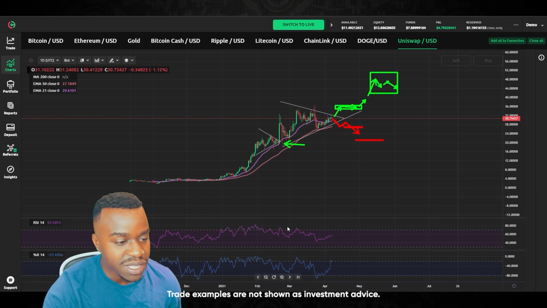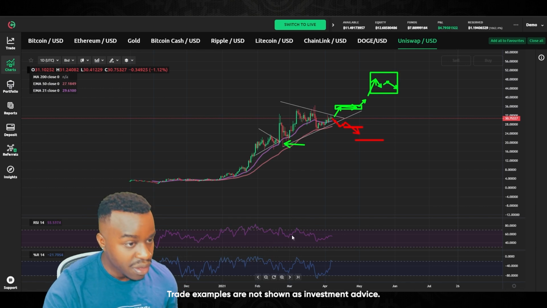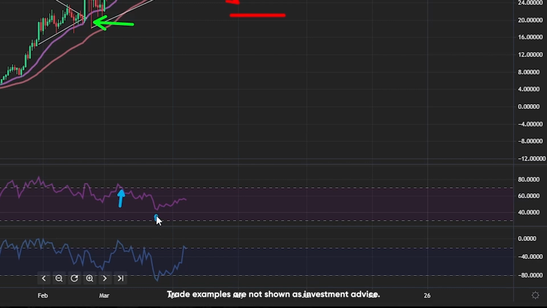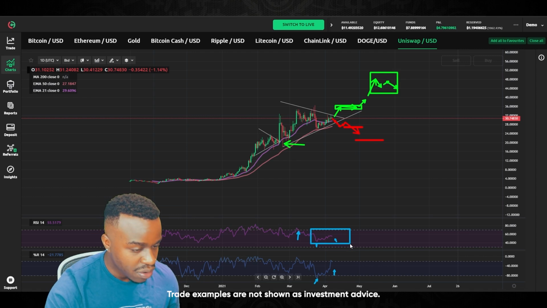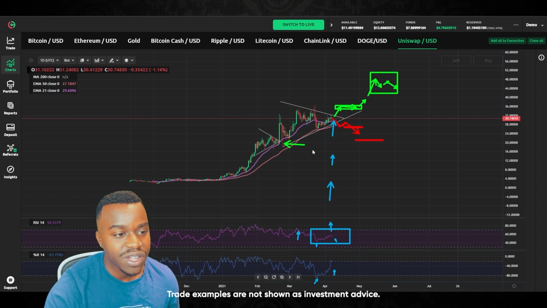And before we finish this up, let's have some indicator assistance. Look at this. We have an RSI that's in a healthy range. It just bottomed out here and it's recovering, ranging around 50. Williams percent range is also pulling in momentum. So this consolidation that we're in right now with the RSI around 50 could line up perfectly with the price breaking out of this wedge that it's in.